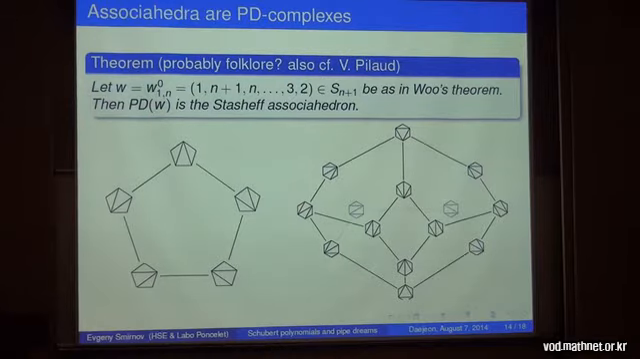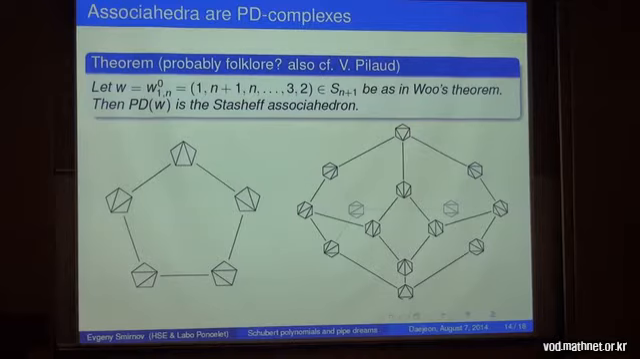I found it by myself, but later I read it somehow between the lines in some paper by Vincent Pilaud. The result is that for the permutation w_0 on 1 to n, namely 1 to 1 and a flip on the remaining part of your set, your complex is the Stasheff associahedron. So the vertices of this complex correspond to triangulations of an (n+3)-gon. So their number is equal to the Catalan number, and